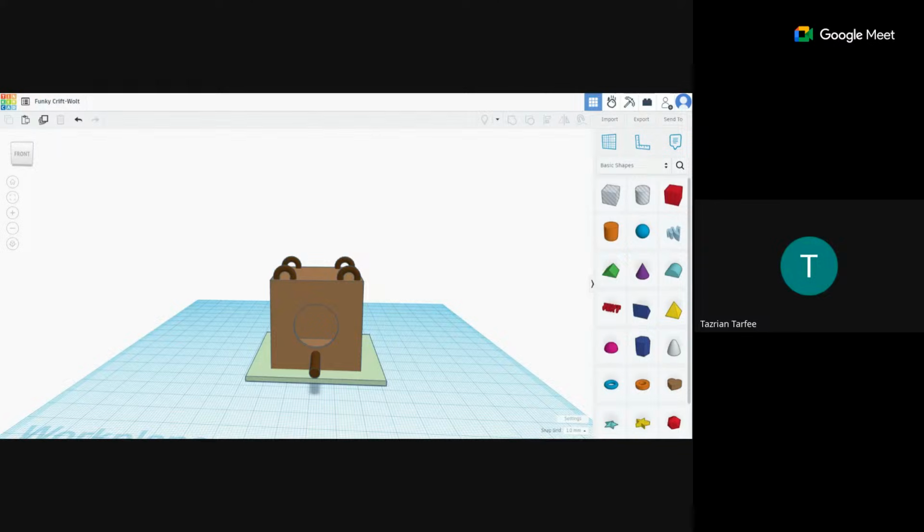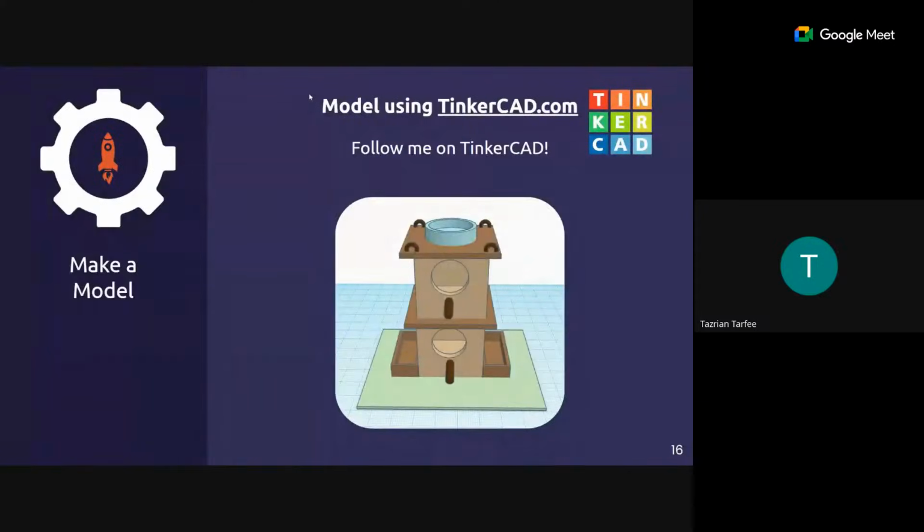All right, and that is a very basic design of a birdhouse that we now have and we can print and use. Okay, so this is the same design that we just made. Like I said, I just stacked it up to make 2 birdhouses. I also added some space for water and food, so water at the top, food at the bottom, if birds just want to hang out